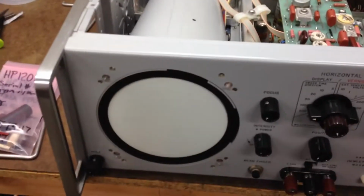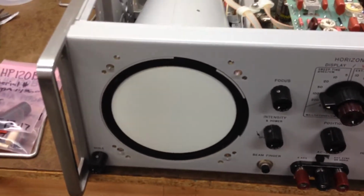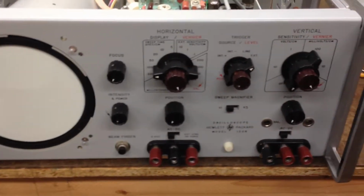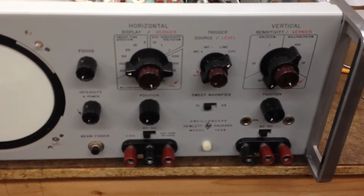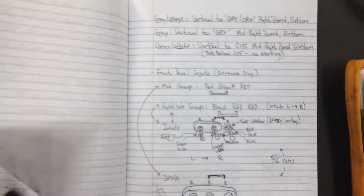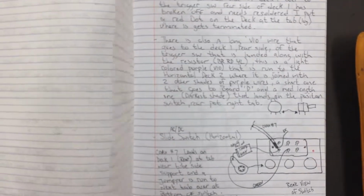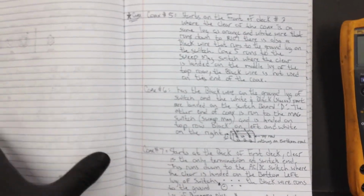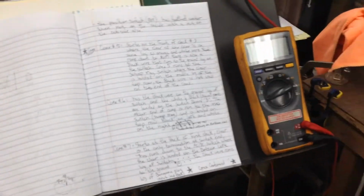So I just put the CRT back in, and got everything cleaned up. All the knobs were taken off and completely cleaned. I took maybe 20 pages of notes while I was taking this apart. I'm really glad I took notes and pictures, because putting it back together is